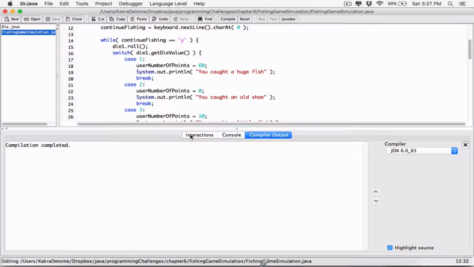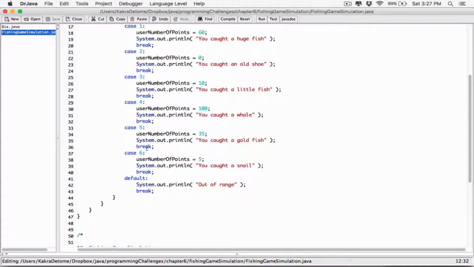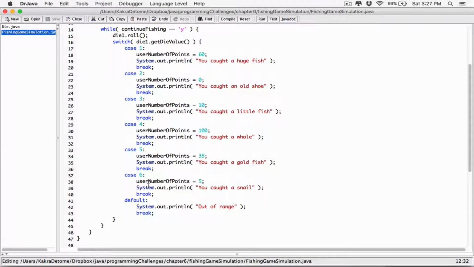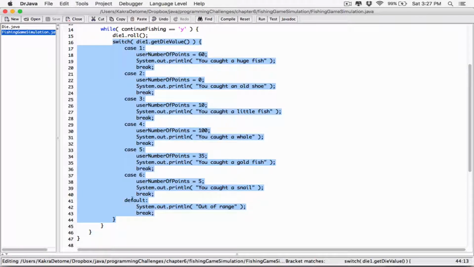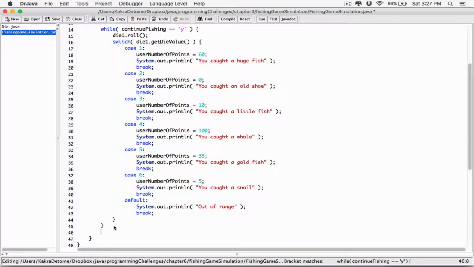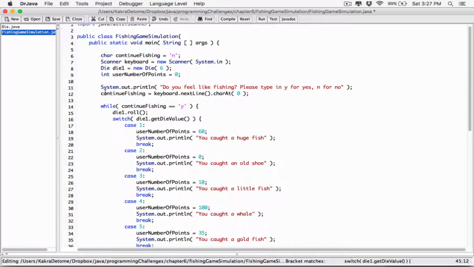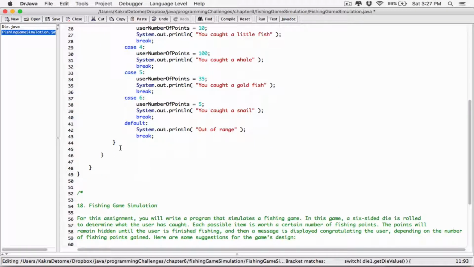It's an infinite loop. So what we need to do, and we're going to do this anyway, but over here I just wanted to test. What we need to do is after the switch statement in the while loop, okay? After the switch statement in the while loop, let's ask the user. Let me just put a line break here. This is the closing brace for the while loop, and this is the closing brace for the switch statement. So after the switch statements in the while loop, let's go ahead and ask the user if they want to continue. So I'm going to basically copy this system.out.println statement, and here